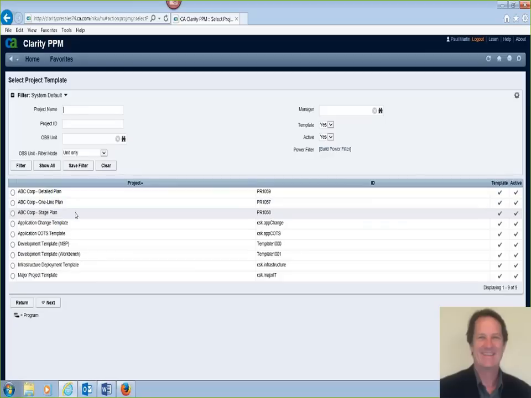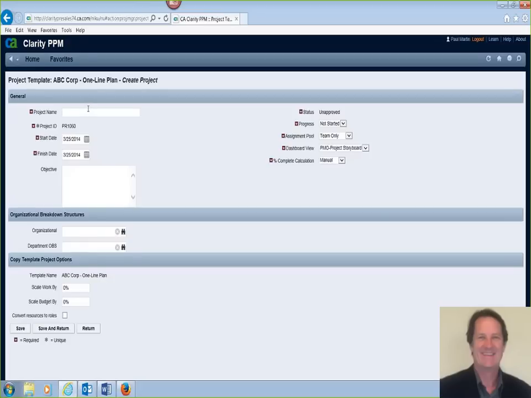And then in between those two is the stage-level plan, where you're really planning at the stage level, but you're not going into the full detailed plan of the first example. So let me show you how this works. If we create a one-line plan here, so we choose this template, I will let us build up a project. I'll call it the ABC one-line project. And we'll just give it, let's say this is about a 4-month project, more or less. Go ahead and save this project.